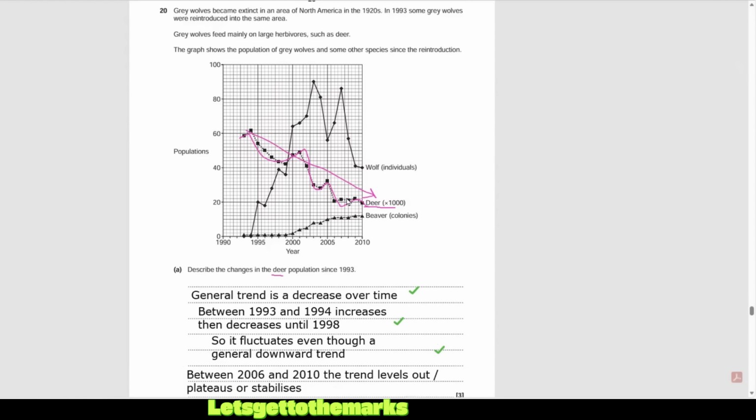So remember, with these kinds of descriptions, give the overall trend for the first mark. Then describe any fluctuations, giving some numbers to back that up. You could say something like the steepest decrease, finding where the biggest decrease was between which 2 times. And then any parts where it has leveled off or plateaued, there's normally somewhere on there. Okay, let's go.